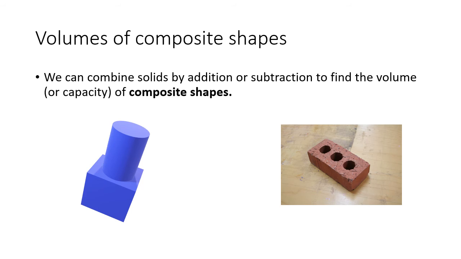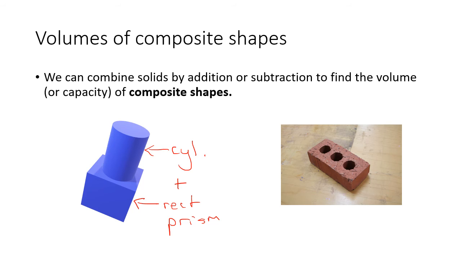So if we think about this object on the left, I have no idea if that was a cube or not actually. So we've got a rectangular prism here, and we've got a cylinder on top of it, and we would be adding these together to figure out our total volume. Then you've got a brick over here where we might be able to ask a few different questions